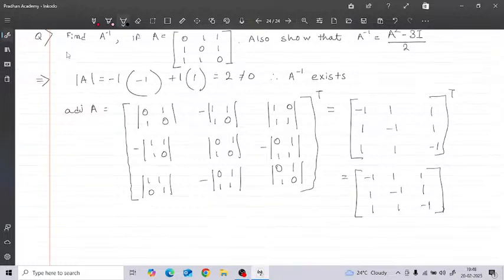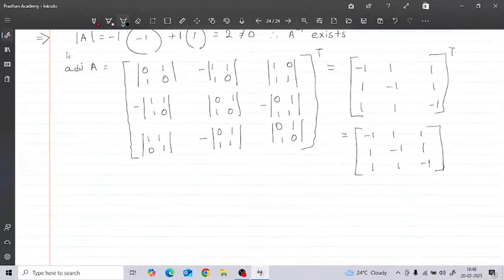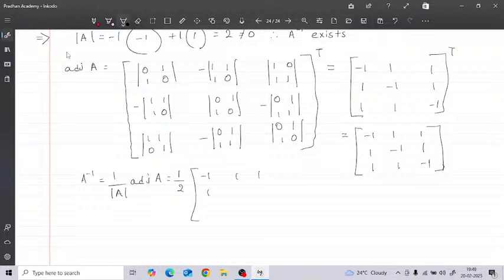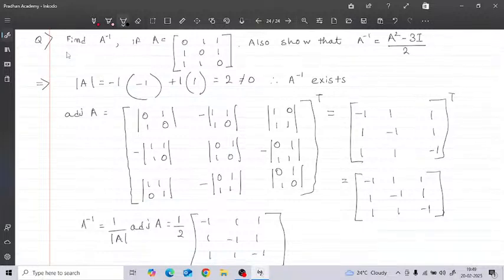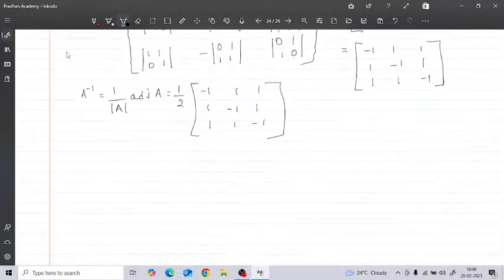Okay, so that's my adjoint of A. So my A inverse is equal to 1 by determinant of A into adjoint of A, half of minus 1 1 1, 1 minus 1 1, 1 1 minus 1. Okay, so that is my A inverse. Now I have to compare it with A square minus 3I by 2. Okay, so let's see